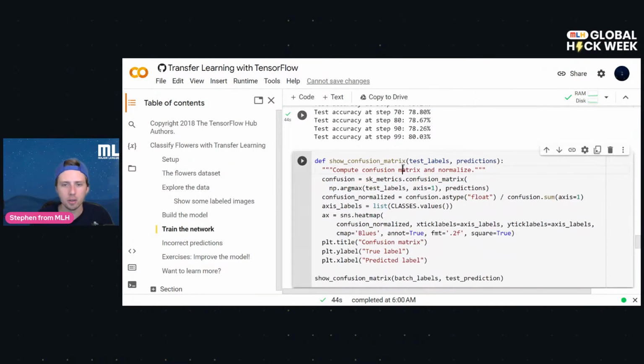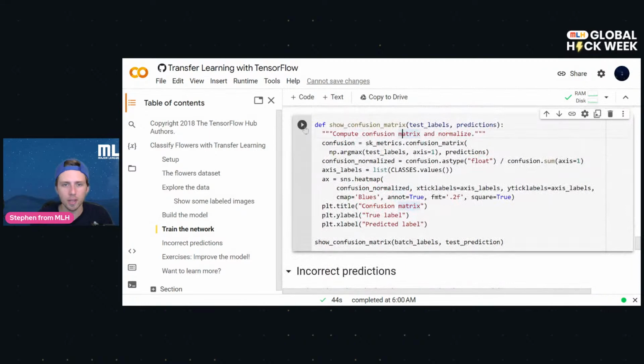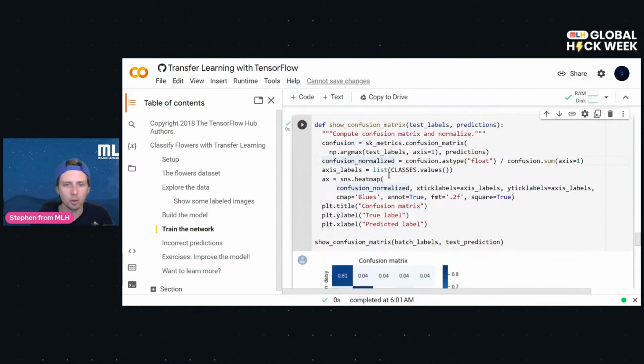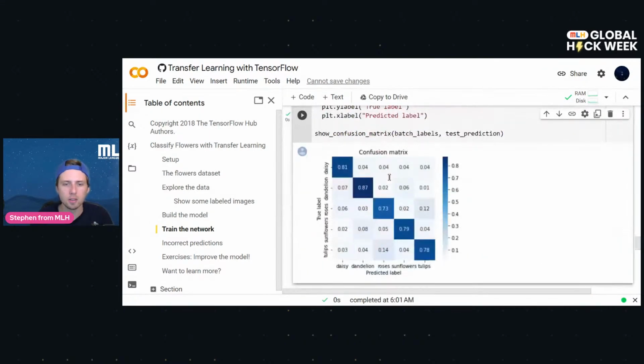And now we're going to show the confusion matrix, which will tell us exactly where our algorithm is messing up. So here's how to read this confusion matrix. On the bottom row, you have our predicted labels. So let's say that the model predicted that a certain image was a daisy. Okay. Then what was the real result? Well,